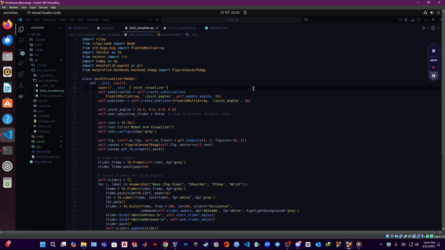In this node we are using ROS, tkinter and matplotlib to create a 2D visualization of the robot arm. You can see that this node subscribes to a topic called joint angles, where it listens for updates on the joint positions. It also acts as a publisher. It publishes its updated joint angle by taking input from the sliders that we will later show in the